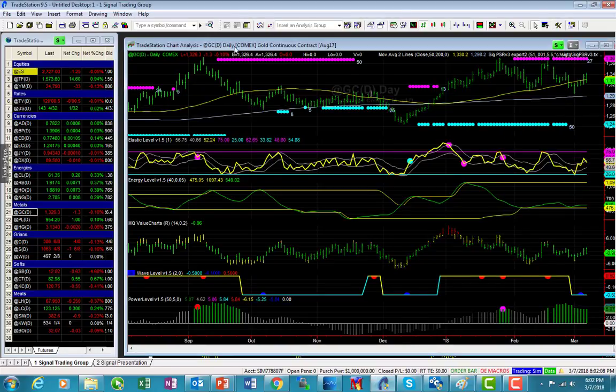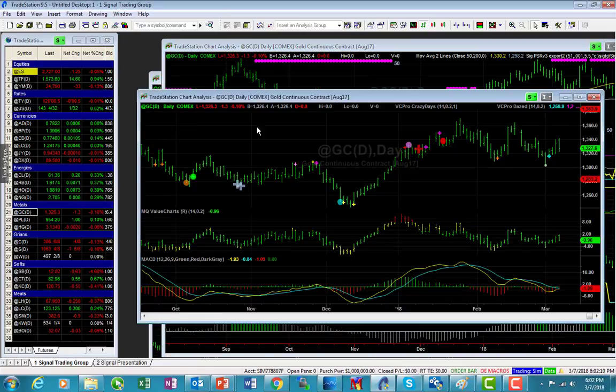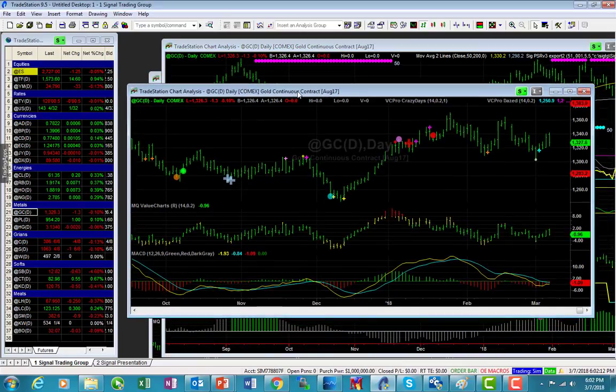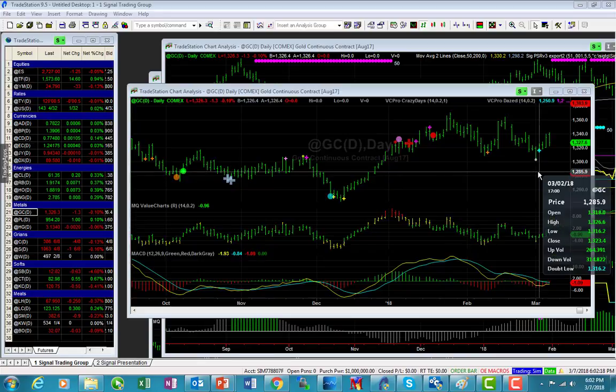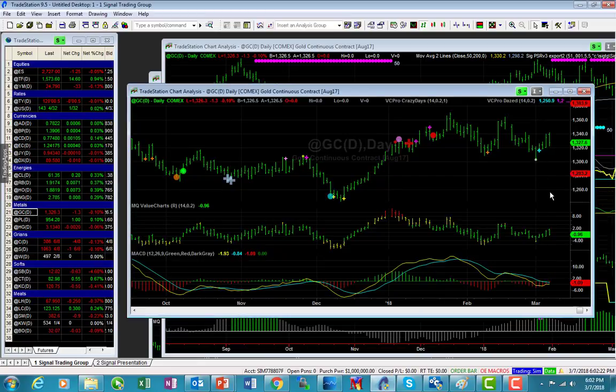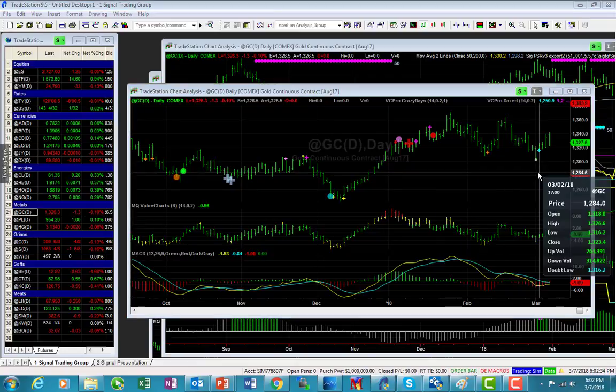And if we take a look at some of the pro alerts, they may not be showing up right now, but they're still active, where we had a pause that occurred on the 1st, and we had a doubt low that occurred on the 2nd. And these are going to be factored into the website, both here at Signal Trading Group as well as for our new site that we're going to be delivering more content on, that it bodes well for the long position.